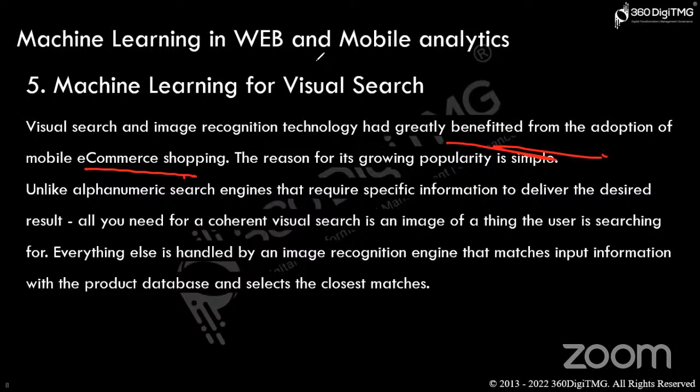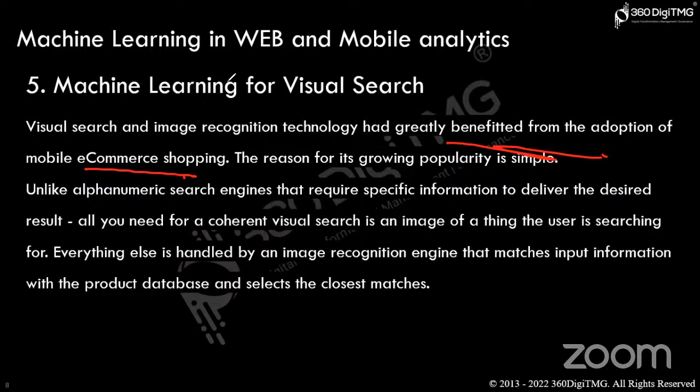You're going to some malls. You haven't found whatever you are looking for, or the size is not there. In that case, what do you do? It is not possible to describe that particular product or that particular dress. So what will you do? You will simply click a picture, take a scan, and you can do the Google search